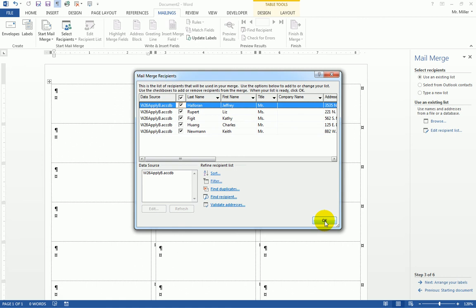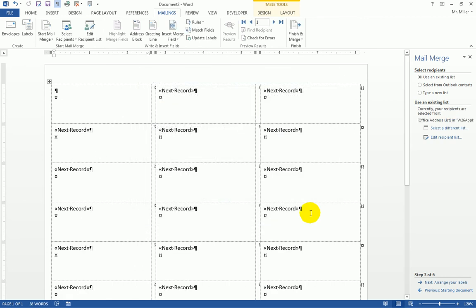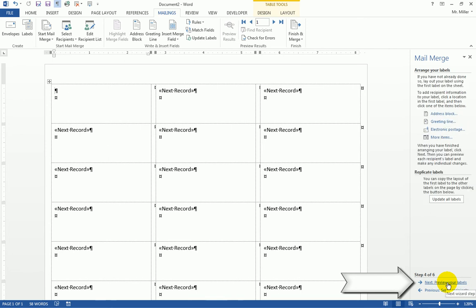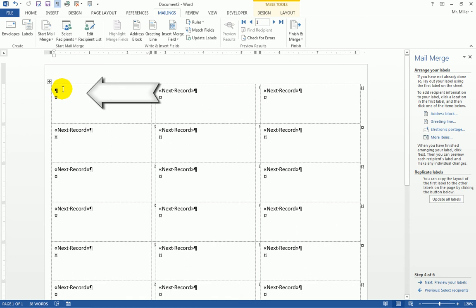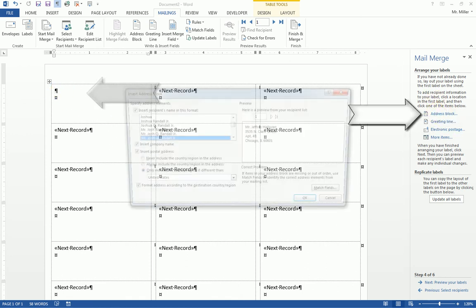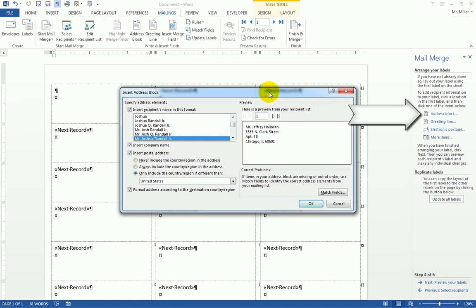I'm going to click OK. And that's all there was to the third step. We've chosen our people that we're sending this to. We've chosen the recipients. So now I'm going to arrange my labels. This is where I can go in, and in the very first label here, I'm going to choose the address block. Just like we did before,